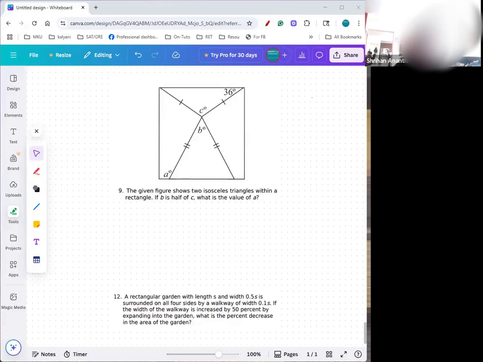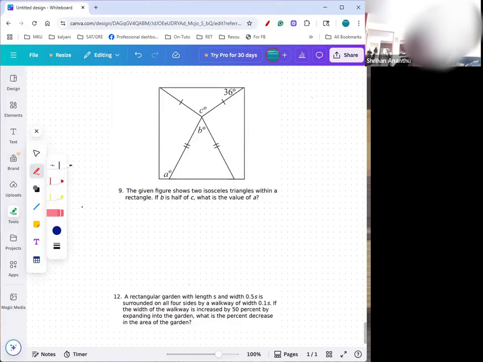I got my answer for number 9. All right, go ahead. I think it's 117. All right, how did you get it? First I just multiplied 36 by 2, since it's isosceles, both the sides are the same,